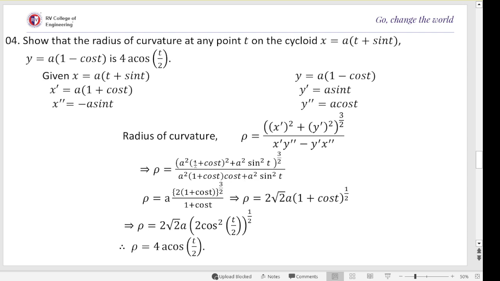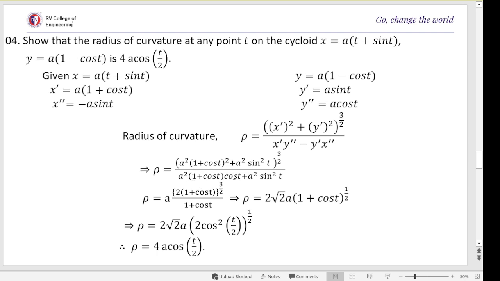So here, expand this. (1 + cos t) whole squared is 1 + 2 cos t + cos² t. a² is outside, so each term has a², so you take out a². a² to the power 3/2 will give you a³. Then 1 + cos² t + 2 cos t + sin² t. cos² t + sin² t gives 1, so 1 + 1 = 2, so 2 + 2 cos t, to the power 3/2. So a³ into 2 to the power 3/2 times (1 + cos t) to the power 3/2,